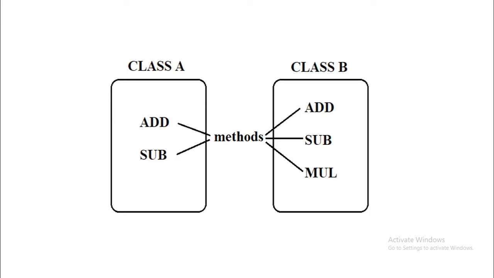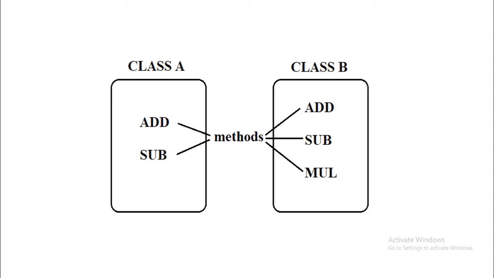Class A contains the following methods: add and subtract. Class B also contains the same add and subtract methods, but with an additional method called multiplication. So while creating class B, we would have to repeat the same add and subtract methods which are already present in class A. So they felt, why not use the methods present in class A directly rather than creating them again in class B? So the inheritance concept began.